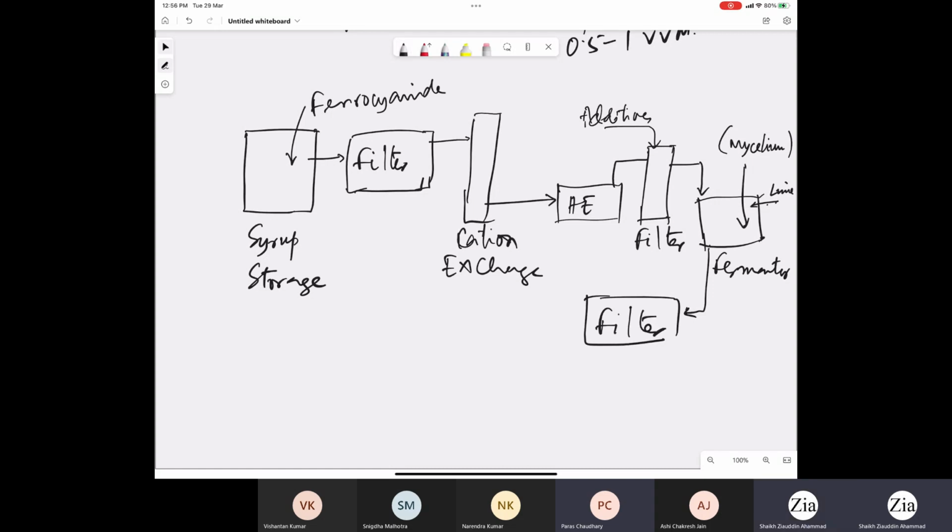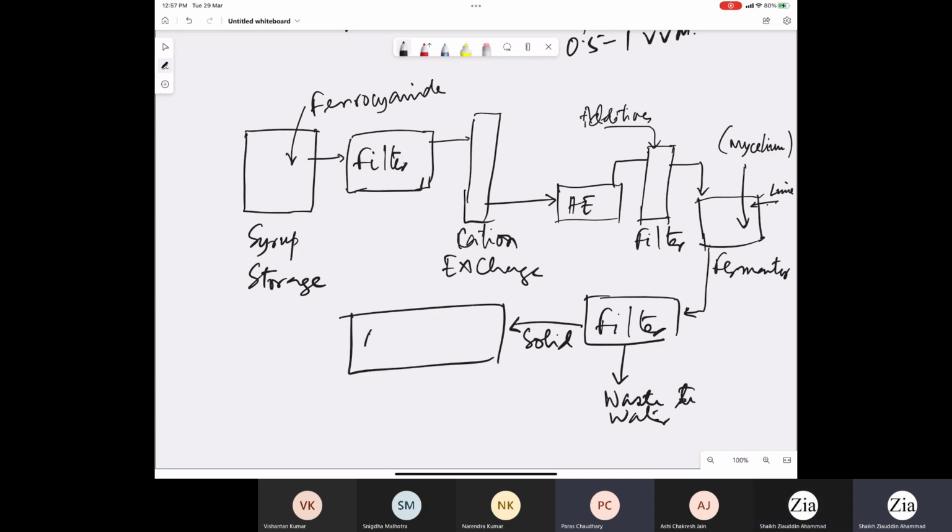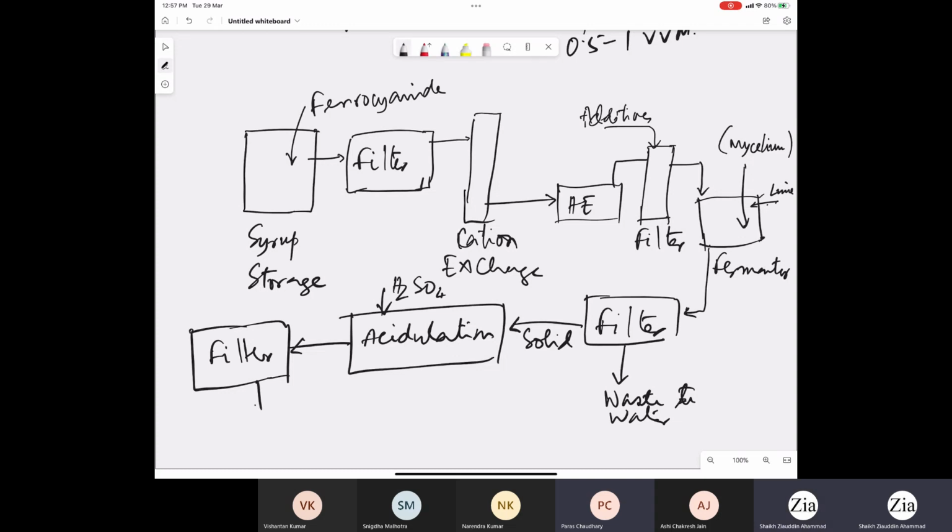and from the filter, the liquid will go as wastewater, and solid will go to the acid chamber, where you will add H2SO4, and then again it will go to a filtration unit to remove calcium sulfate. So solid will be your calcium sulfate,